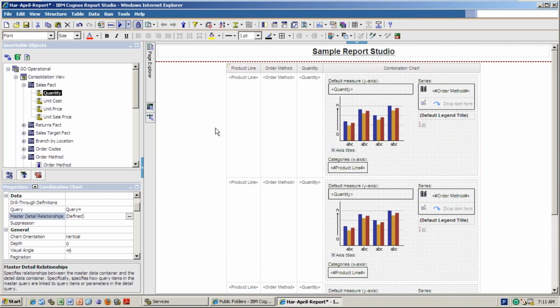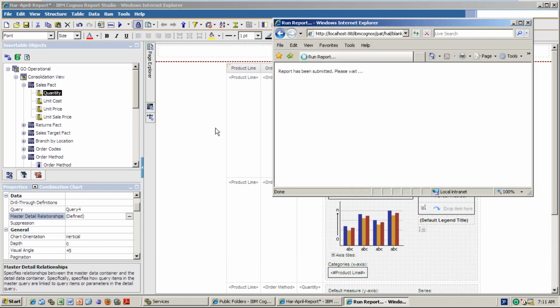When you are running, it may take so much time because for each row it needs to generate a query.